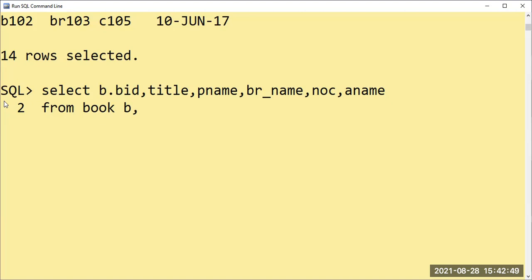So from book B, publisher B is not required, but I am using it here. Library branch, sorry, what I'm just talking about is library branch.